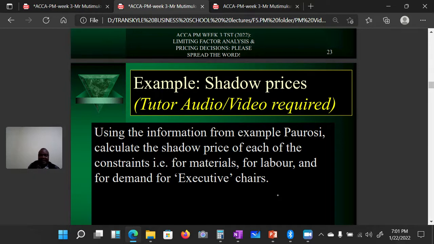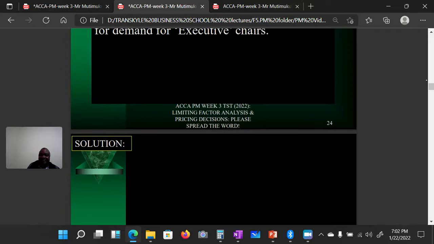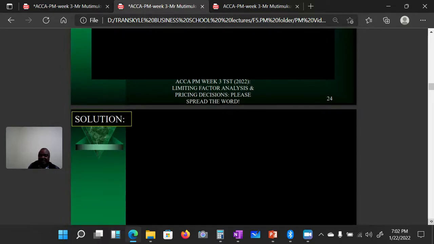Let me just find my working space. If we add 1 kg of material, how much would become of this constraint? Remember, the equation for material was